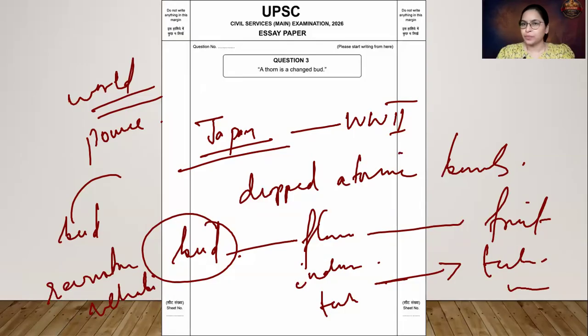It was a bud, it was on the verge of becoming a fruit, a power, but a big storm came in the form of the atomic bombs, where it could have become more and more disastrous. But instead of becoming a thorn, a disaster, it again channelized its energy and became a beautiful fruit. Okay. So this is one example. One more example I can give. This is the example of